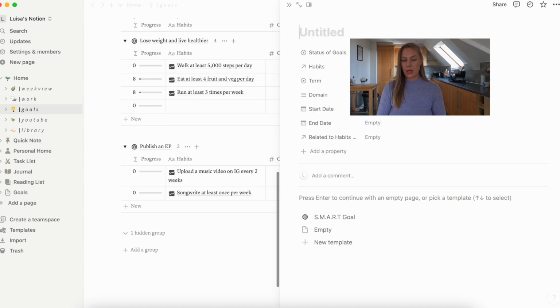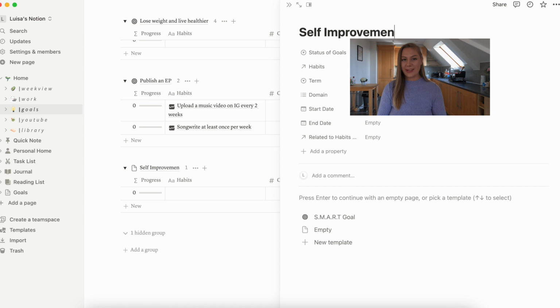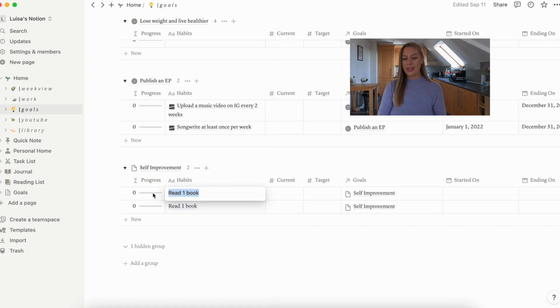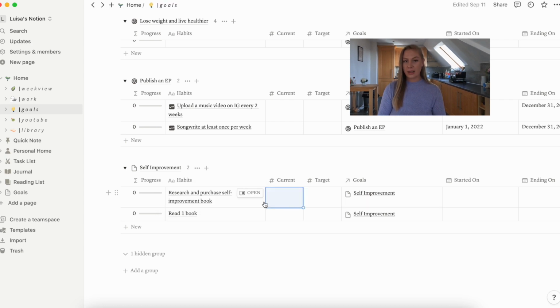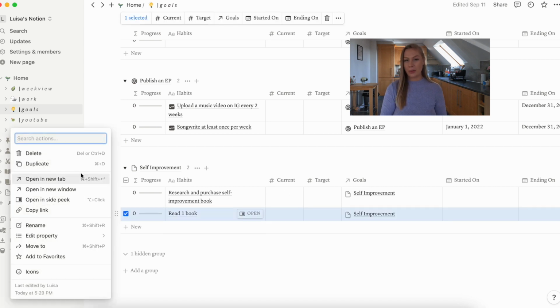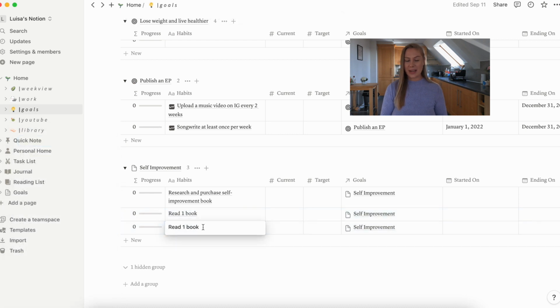My new goal is going to be to read more, essentially, get into reading. My goal for October is to read 1 book. I need to find and purchase the book first, so I'm going to add that as almost like a to-do list. With this goal planning for the month ahead, I'm going to try and do it every month. So when I record my November goal planning, we will look back briefly on how October went and whether I reached any of my goals.